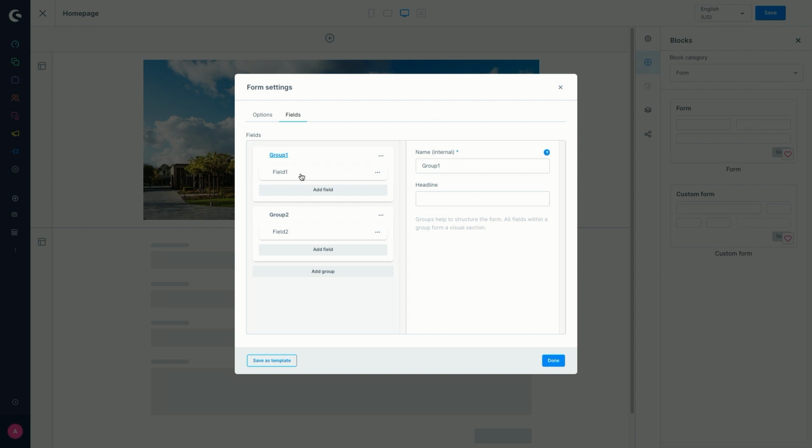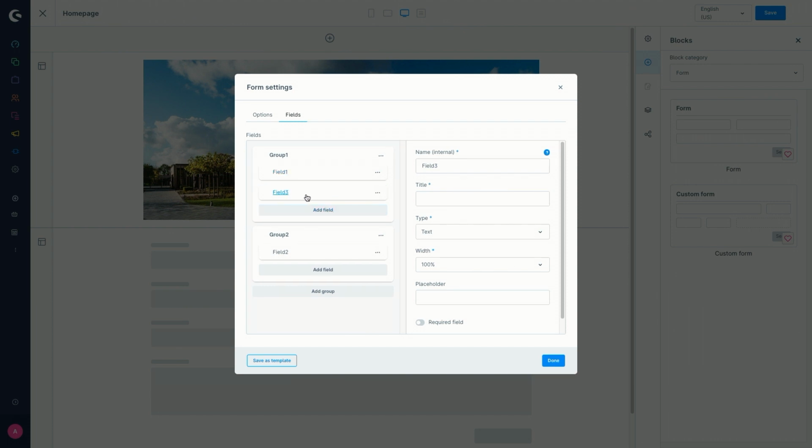Now let's come to the fields. Just click on Field 1, for example, and then we've got the Field Context menu. You can rearrange the position of the field, or move the field to another group. You can duplicate it or delete it. And you can also edit the field there so that further options for the fields are displayed on the right side of the screen. If you want to add more fields, just use the button Add Field, and then this adds new fields to the respective groups.